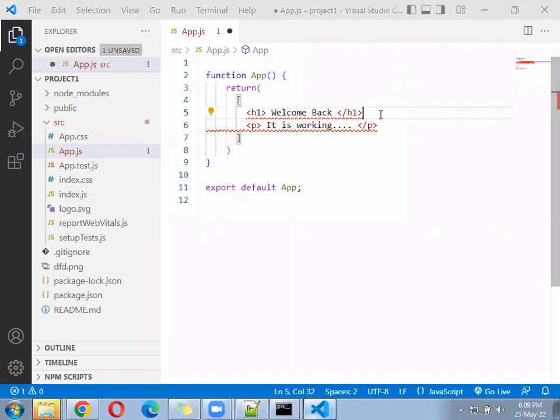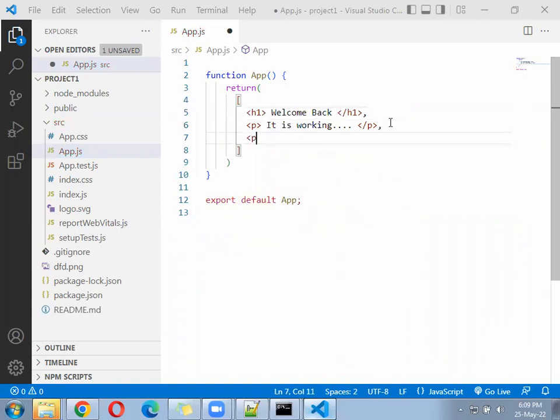Here also the same concept. H1 becomes the first element, paragraph becomes the second element. Between two elements, you have to keep a comma. It's just like the array. Then after that, this will work again. You can add some more paragraphs also, but after one paragraph, there should be a comma.